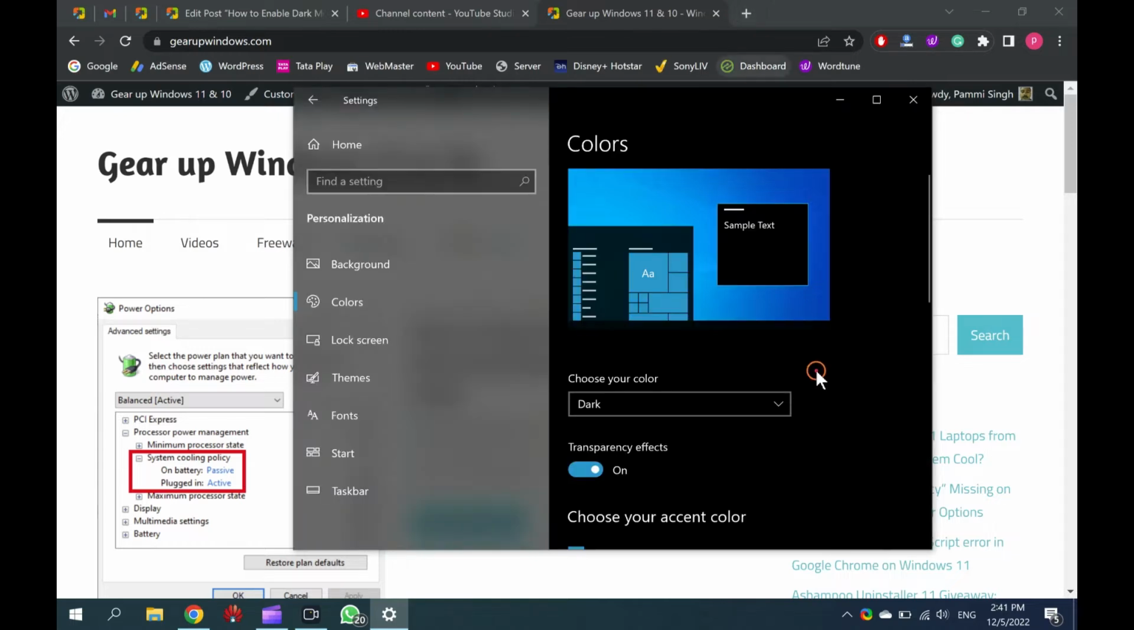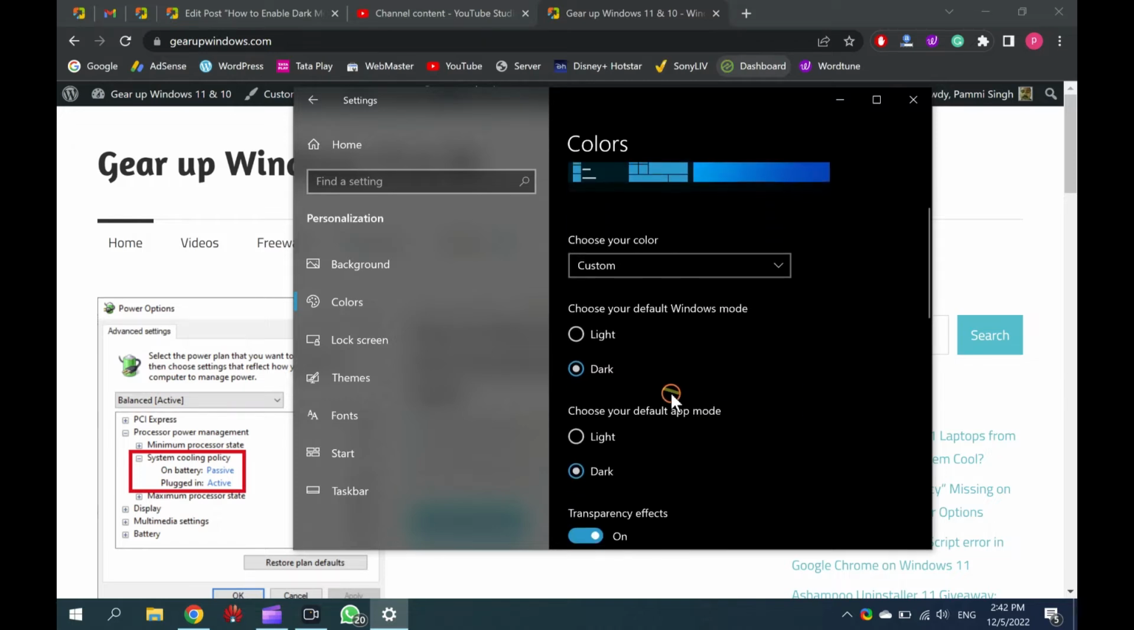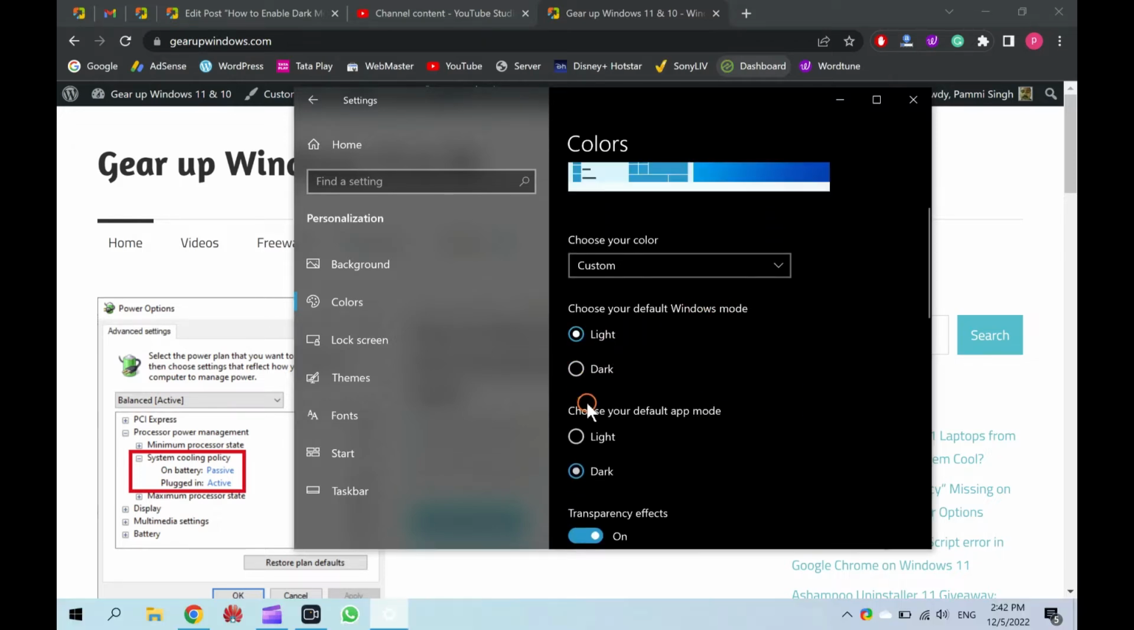If you don't need this, select Custom Mode beside Choose Your Mode. Then, select Light for Windows mode. And choose Dark for app mode. Now, Windows 10 system will use light mode, but Chrome, Windows default apps, and other supported apps will use dark